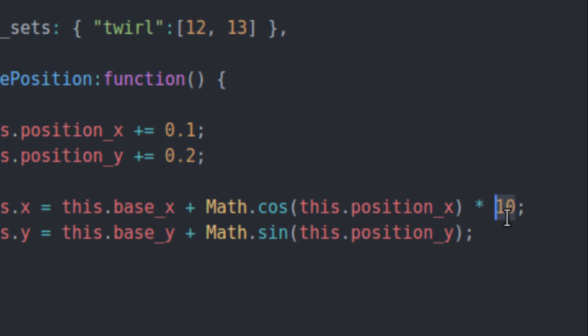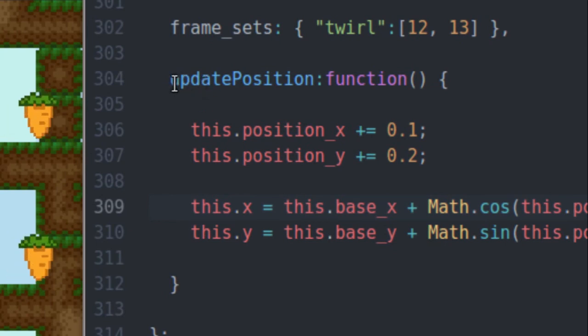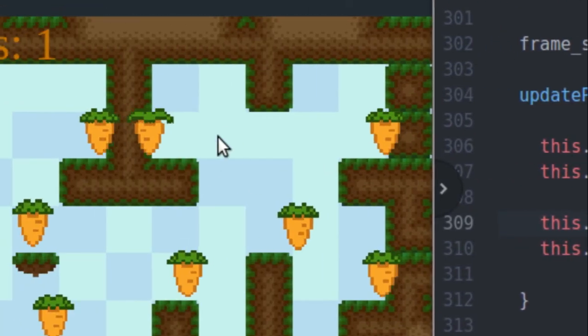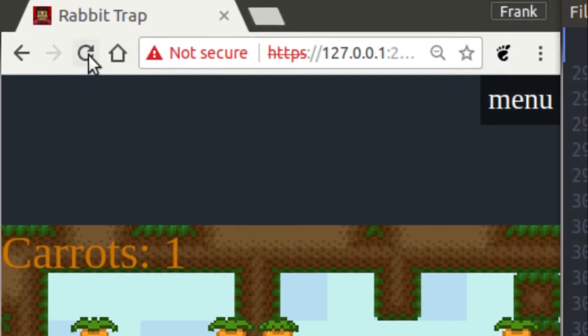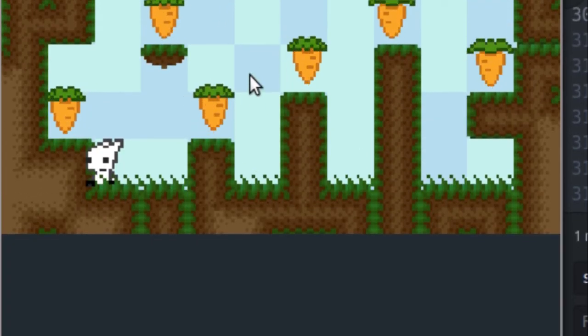So let's just put that back to 2. So on every frame, I'm going to call update position, and this code is going to run, and it's going to make the caret move back and forth. Now, if I refresh, everything's back to normal. So next, I'm going to talk about how we actually do the collision between the caret